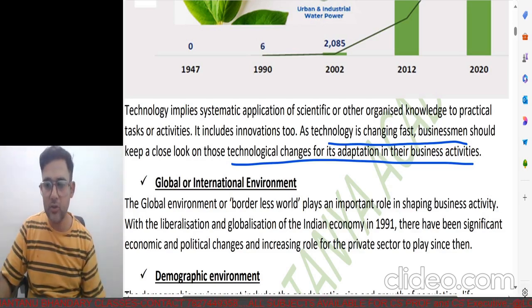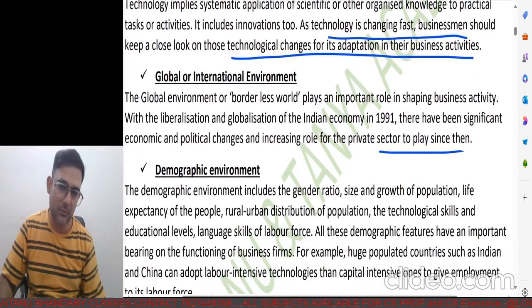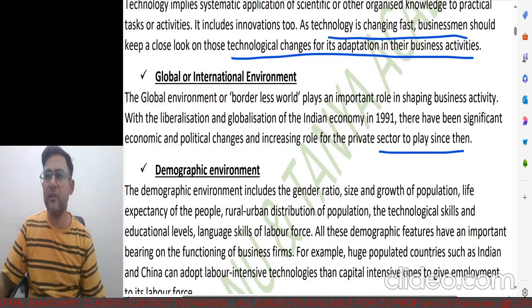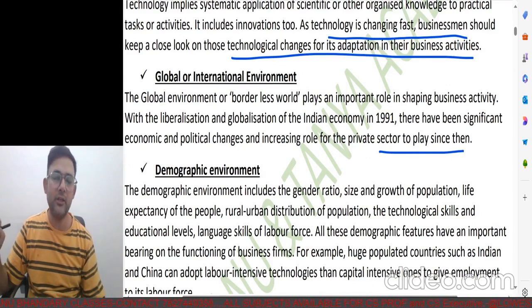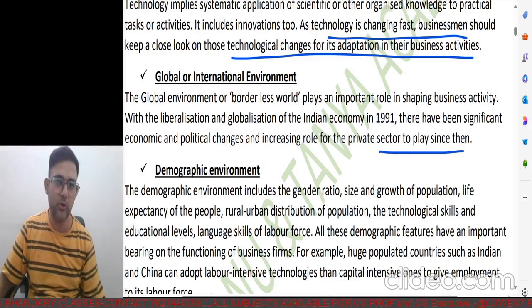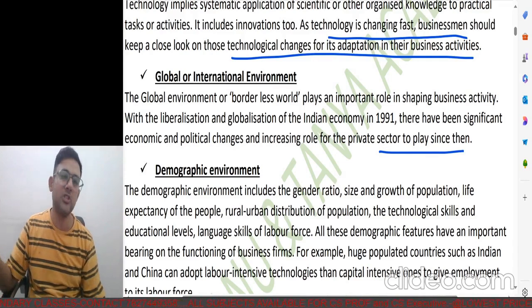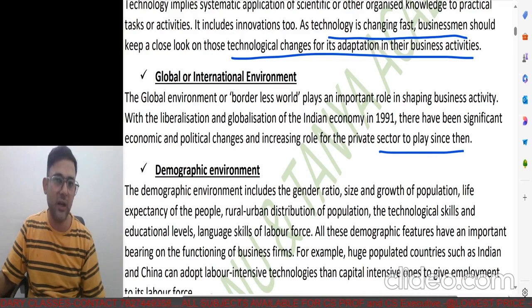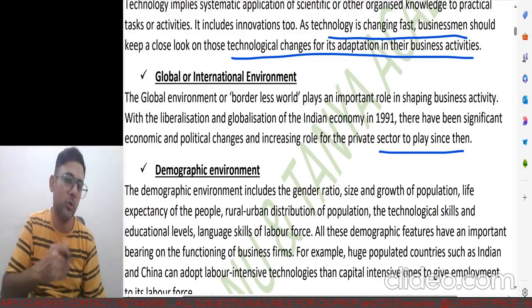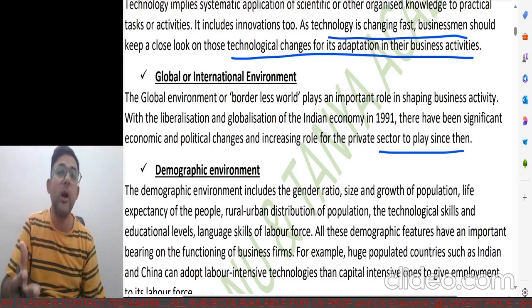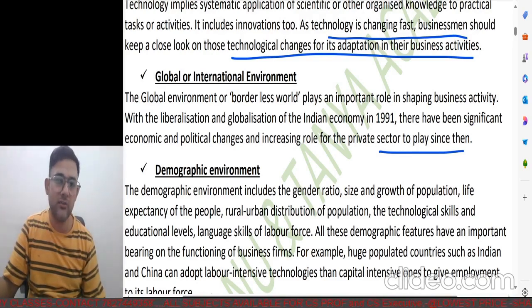Global international environment, as to what is happening in the overall economy, has a place in your business. For example, if you deal in export or import. If you deal in export, and there's a war going on in the other country where you export, then obviously your export will come to zero. You won't be earning any foreign exchange. Similarly, if the import was about to happen, the war broke out, or some policy got changed, you won't get the import. And probably that was machinery that you were taking to manufacture the goods. Now the machinery is not coming, so how would you manufacture the goods? This is not something that you have done, but it is those factors, as we said, that are beyond our control.